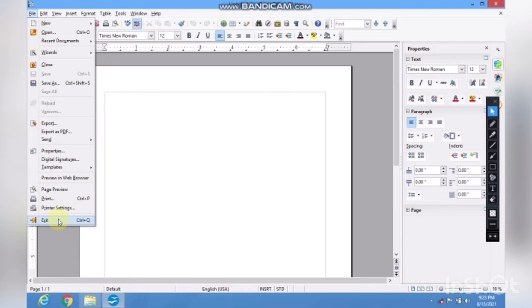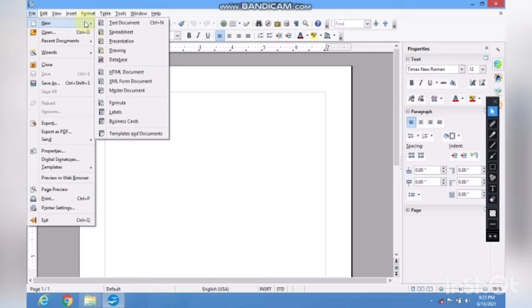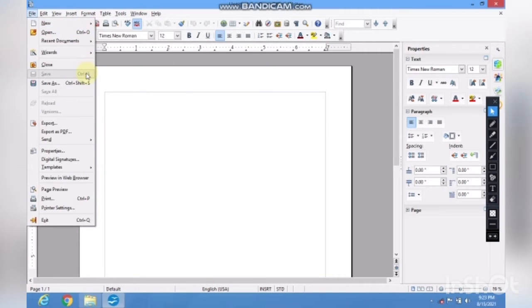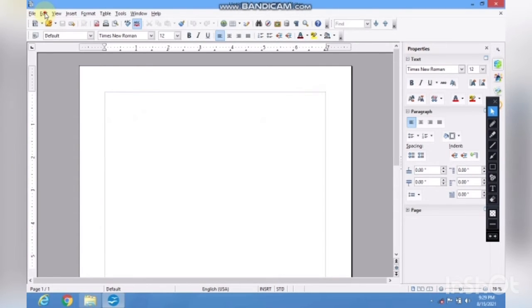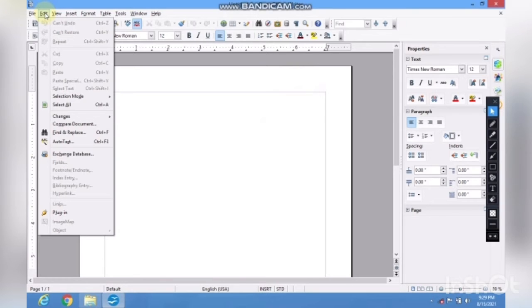So here students, you have to basically remember all the shortcuts of the frequently used commands: new is Ctrl+N, open Ctrl+O, save Ctrl+S, okay, save as Ctrl+Shift+S, okay, for save as option. Print Ctrl+P, exit Ctrl+Q. Next option we have is the edit option. So here the important functions are cut, copy, paste and paste special. Rest of the other options we will discuss later on, okay.